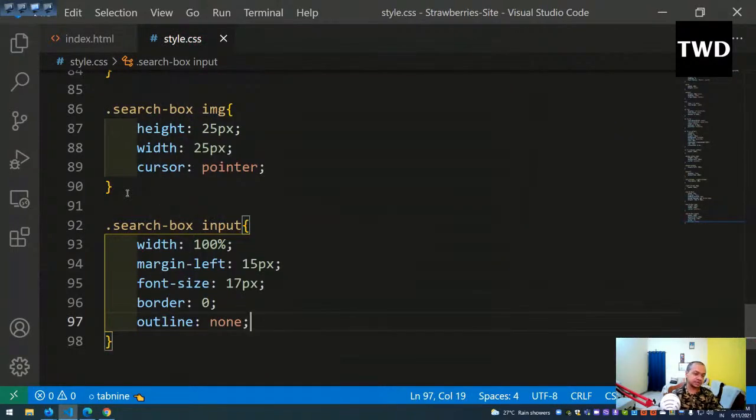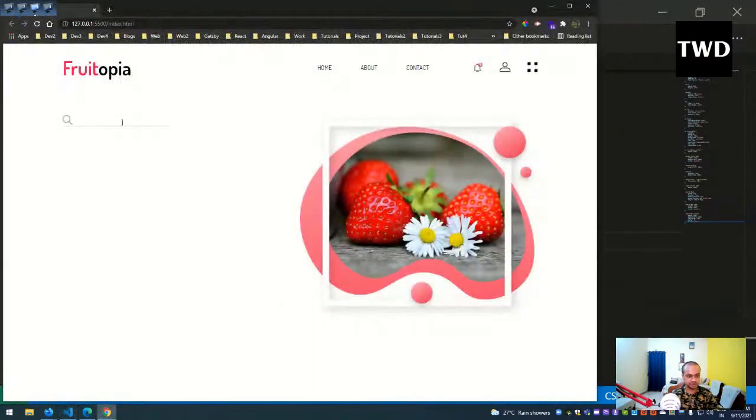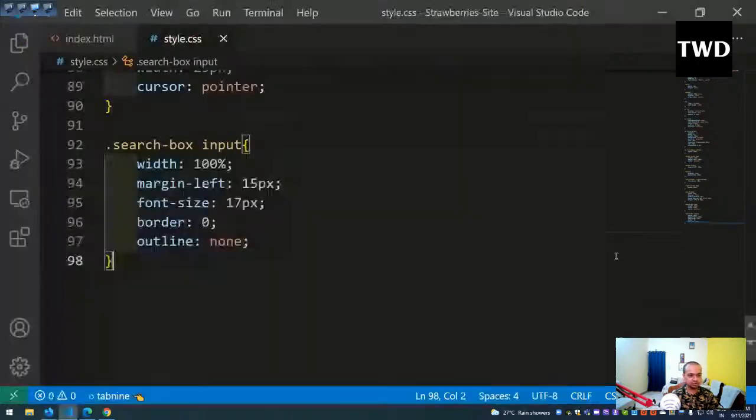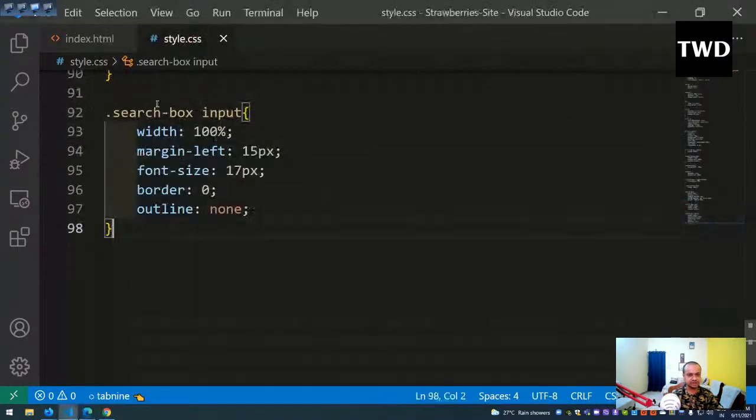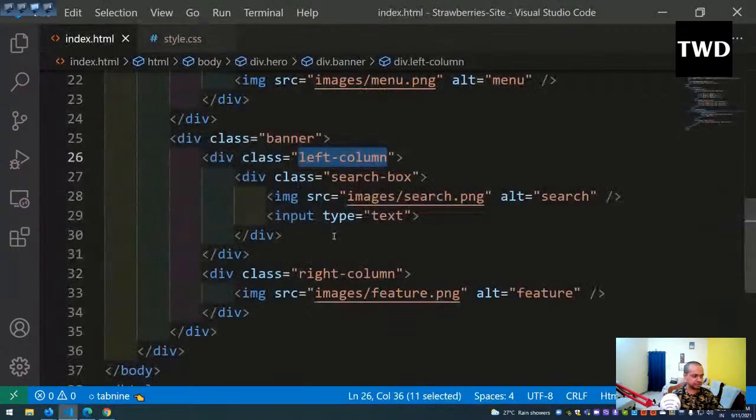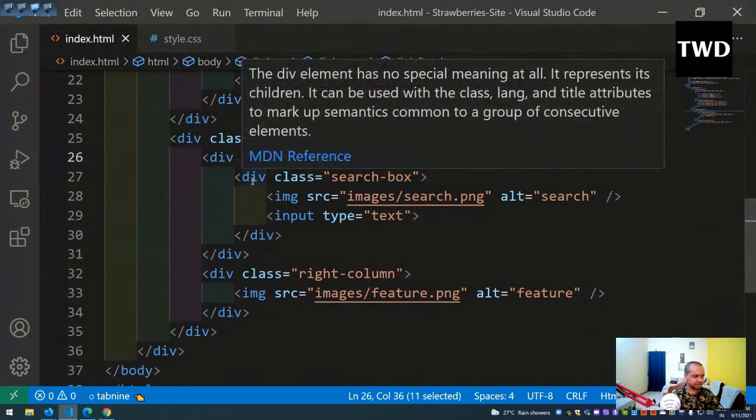Save it. Now if we come back, see, now it is looking much better. The search facility is also there, and that input box is gone, and the underline is only there, it is like a search facility. Now it is looking quite good. So now we are going to have the big text, like this strawberry text and all these things. And for that, this is the left side only. After this text part, we'll have